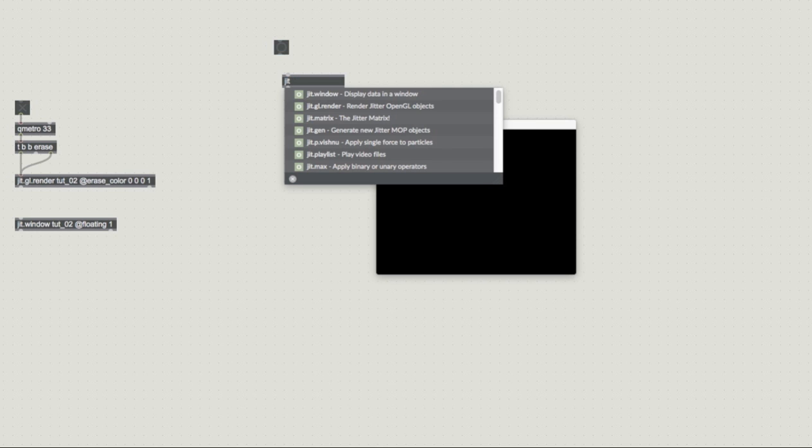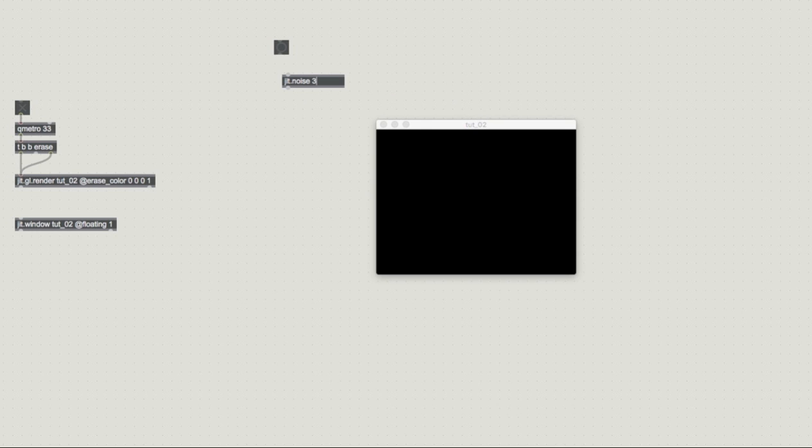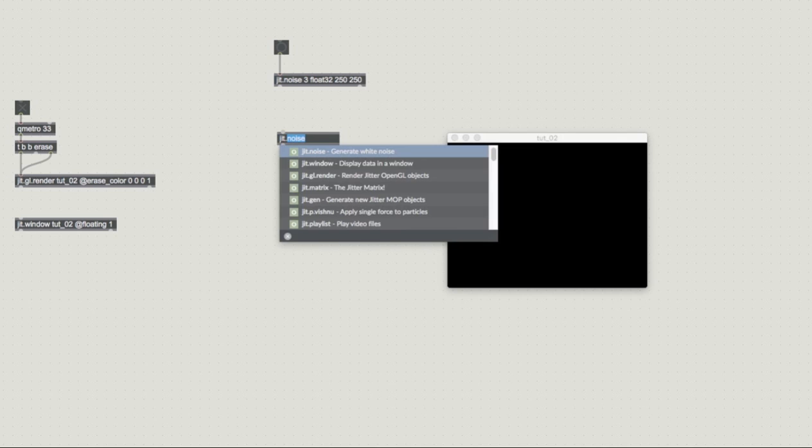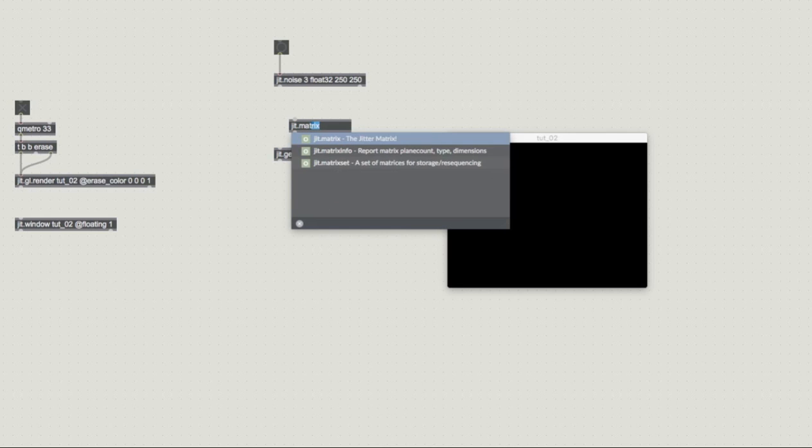JIT noise with 3 planes, type float 32 and 250 by 250. This is the number of our particles, 250 by 250. It's a pretty big number. So let's create a JIT.gen object, but before we connect this matrix with the JIT.gen, we create another matrix which